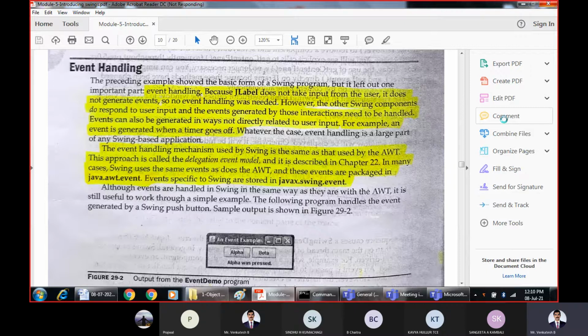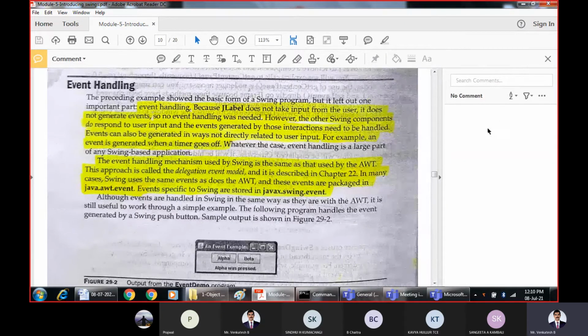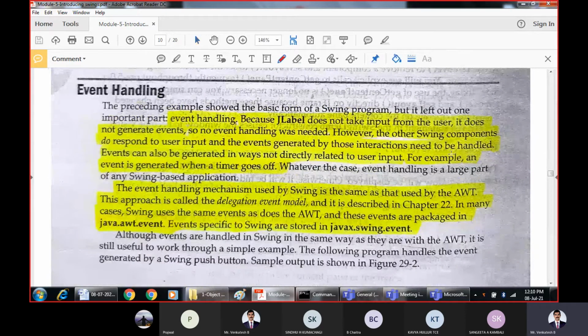Now in this example, we can use active components for interacting with the user. That means whenever the user clicks on any of the components, one event gets generated. For that corresponding event, one listener will be called, and that listener will handle the event.